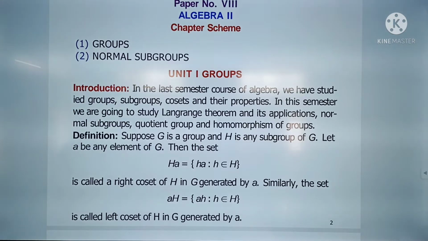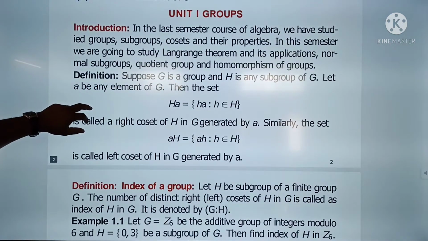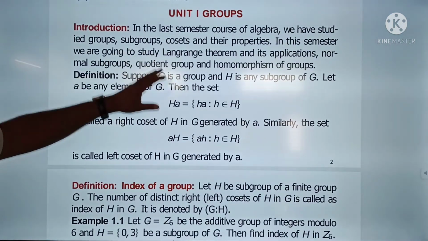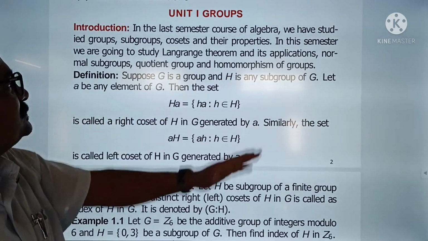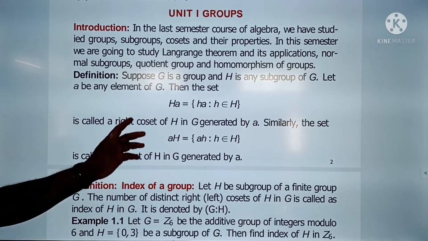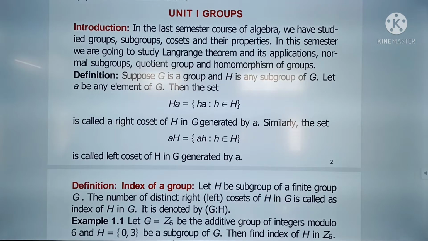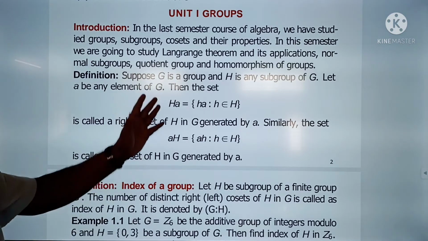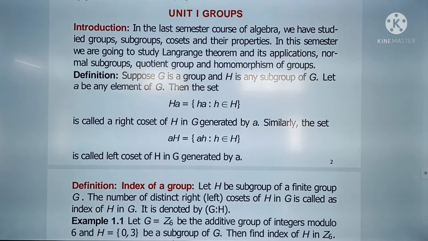In the third semester we have seen the definition of group. In the last semester course of algebra, we have studied groups, subgroups, cosets and their properties. In this semester, we are going to study Lagrange's theorem and its applications, normal subgroups, quotient group and homomorphism of groups. Okay. Definition: suppose G is a group and H is any subgroup of